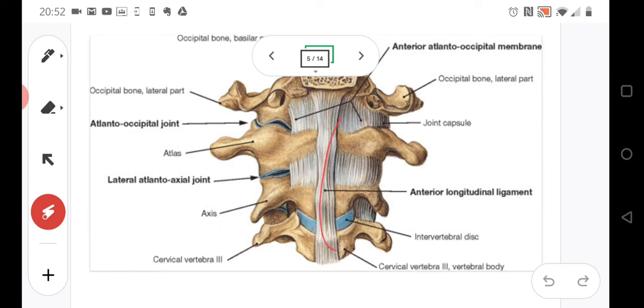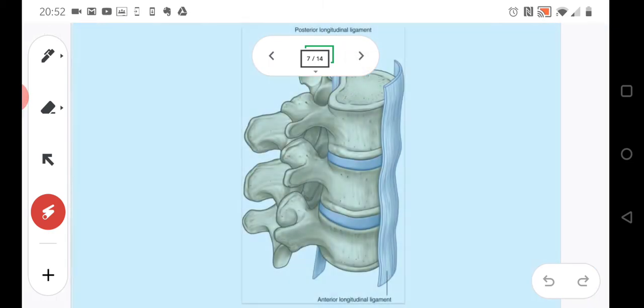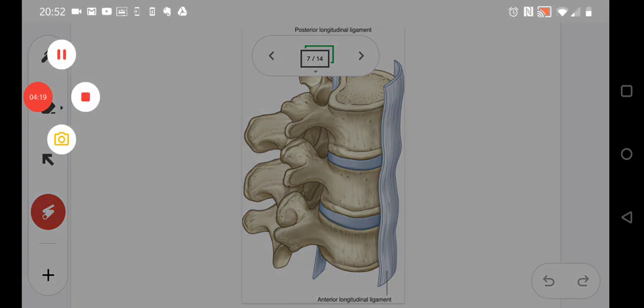And here we can also see the anterior longitudinal ligament, the anterior atlanto-occipital membrane. So one more time, how many ligaments are in this area. And here we have the posterior atlanto-occipital membrane, the lateral atlanto-axial joint, so what we already talked about, and here covered by the articular capsule. About this we'll talk more next time, because the next question is about